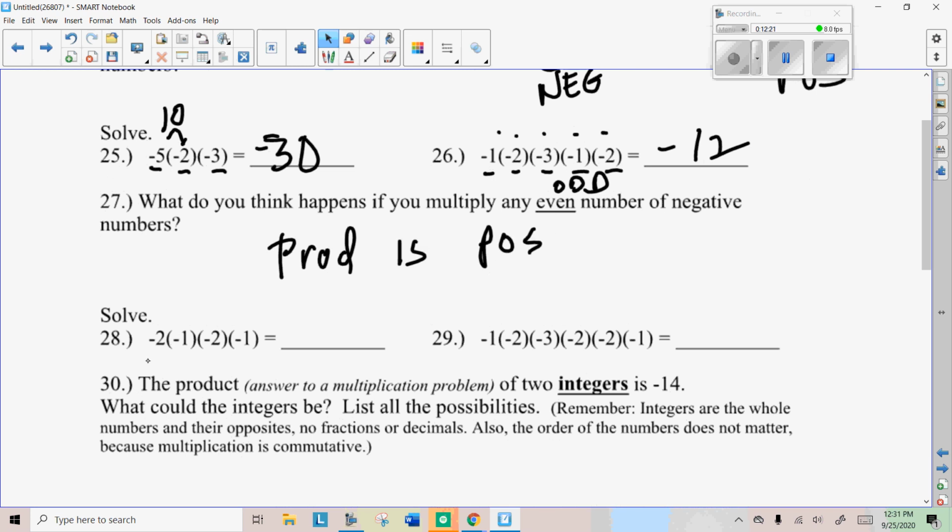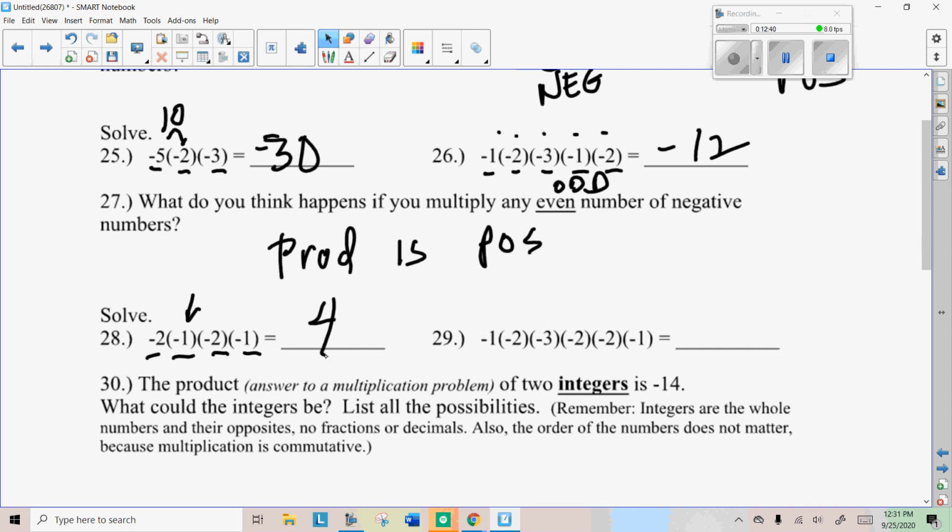So here's some examples of that. 1, 2, 3, 4 negatives. So we're going to have a positive answer. And when we have a positive answer, let's not put a plus sign. Let's just do the math. Remember that multiplying by 1 does not change the answer, so really we can just do 2 times 2 here,